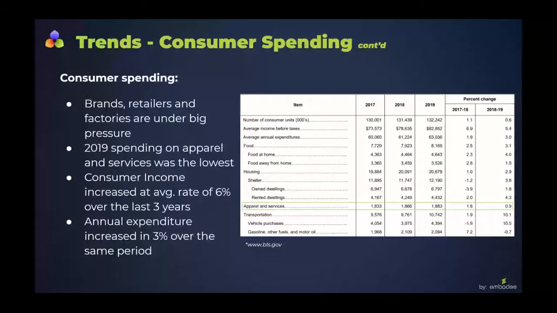Now, the 2020 numbers will come out just in the later part of 2021. This is only being released once every year at the BLS.gov website. But I suspect that some of the categories like spending on dwelling and cars and food, of course, is going to be much higher on account of other categories that are not being presented here. Now, as it relates specifically to apparel and services, this really puts heavy pressure on brands, the factories, and anything that goes in between.